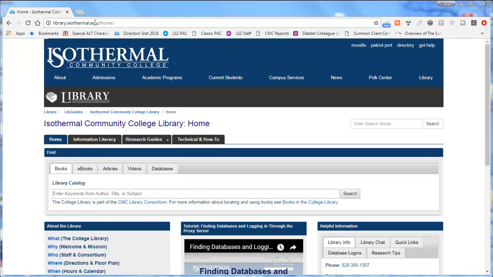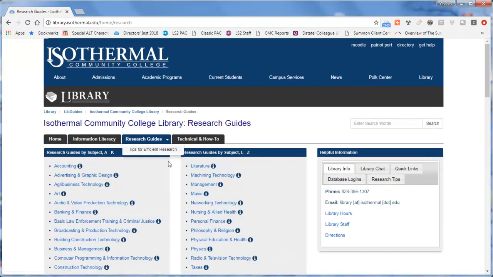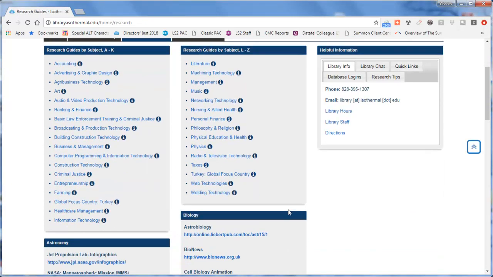You can get to the library homepage by going to library.isothermal.edu, or if you're already on the college website, you can click the library link in the banner at the top of each page. So now that I'm on the library homepage, to get to the research guides, I go to the third tab, Research Guides, click on that, and here we have an A to Z list of our